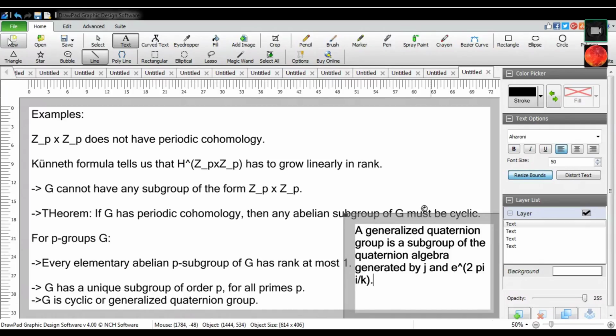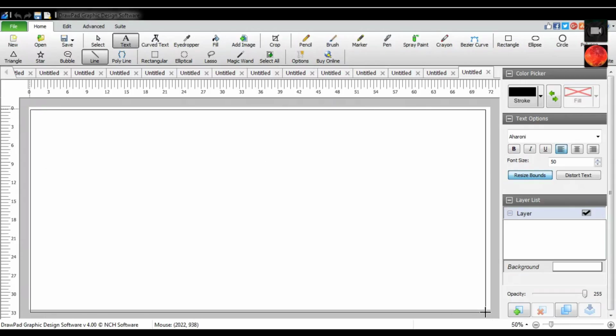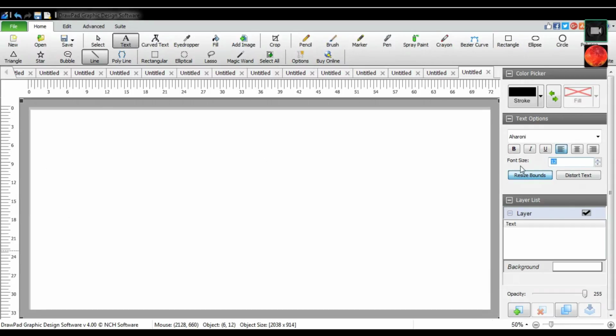And if we know these things about all P groups, what can we say about any group G? Any group G, we have G has periodic cohomology. From this, we can imply